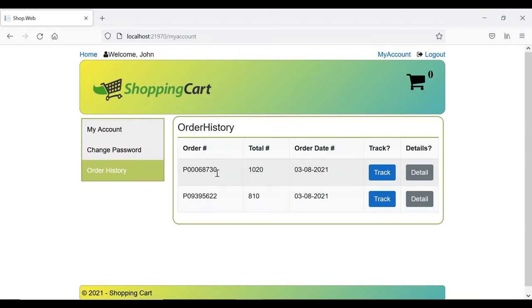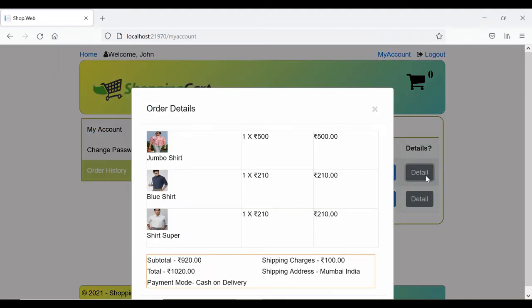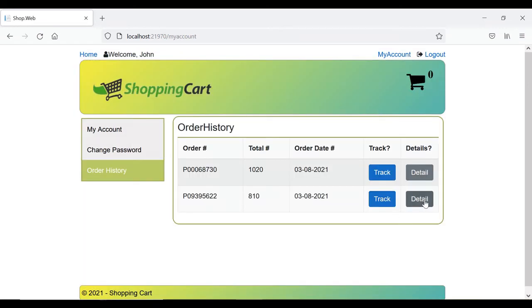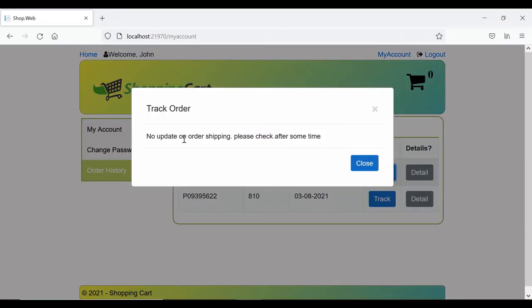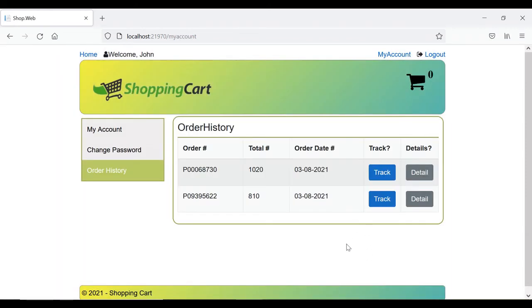In our previous section, in our checkout tutorial, we placed two orders. So both are visible over here, and if I click on detail, it shows me the entire detail of whatever I have ordered: the subtotal, the payment mode, shipping address and all. If I click on close, and then click on track, it shows no update on order shipping, please check after some time.